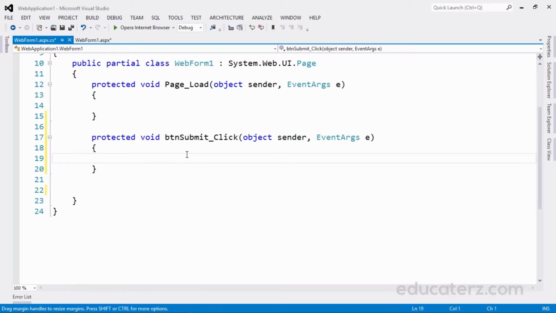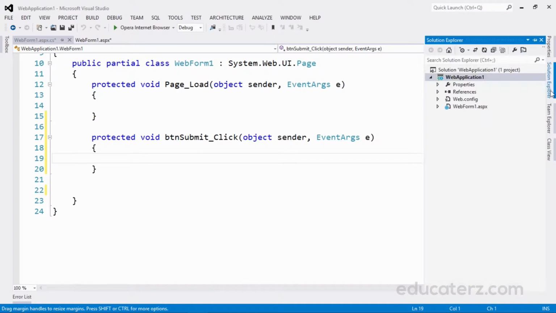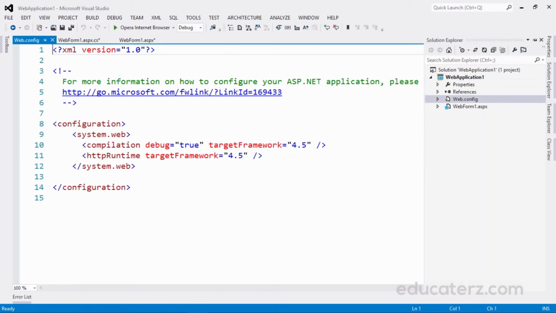Points to remember about session state variables: they are stored on a web server by default. The lifetime of a session is determined by the timeout value in the web.config file. Now let us flip to the web.config file where we can set session state mode.